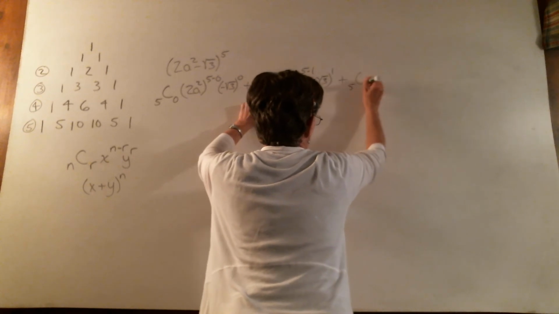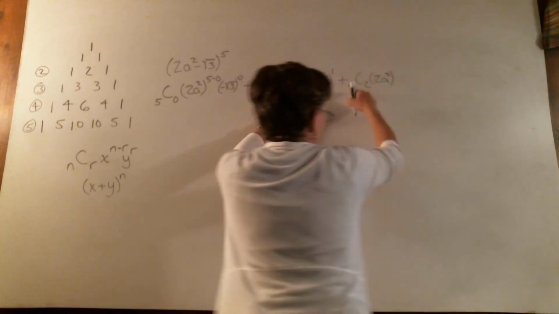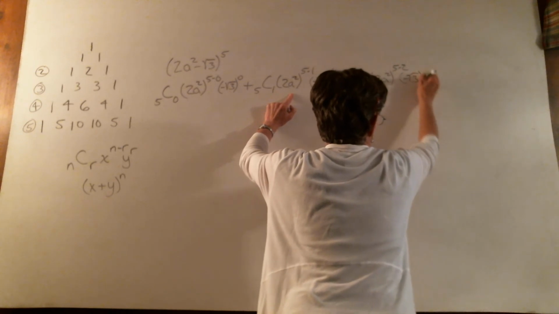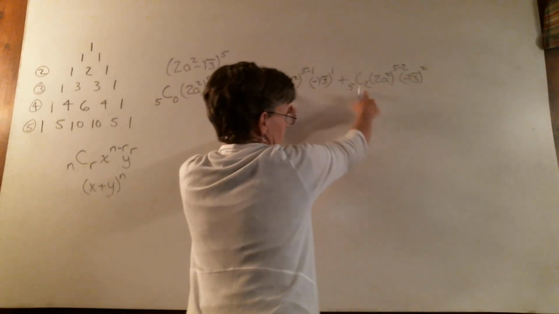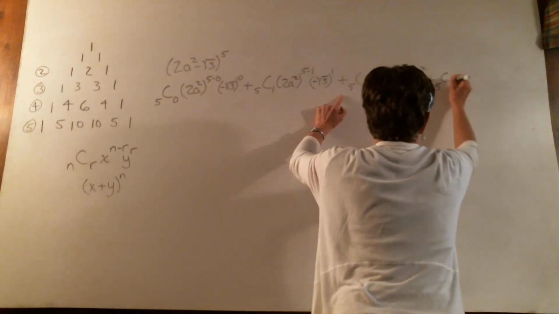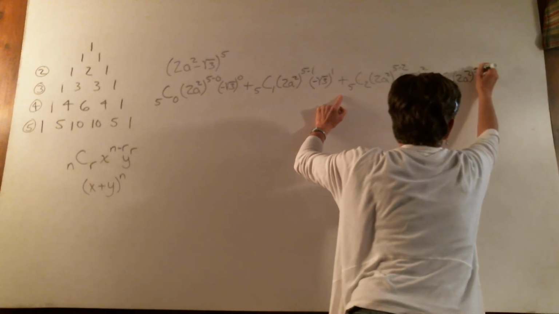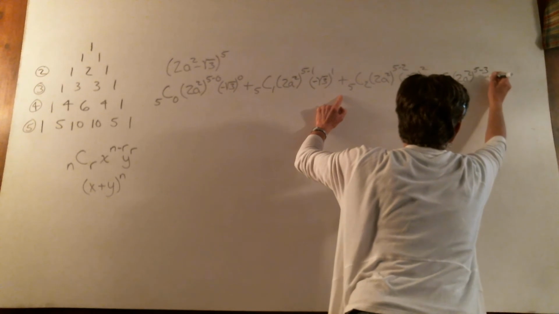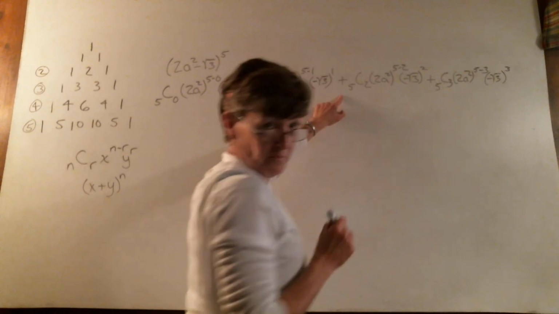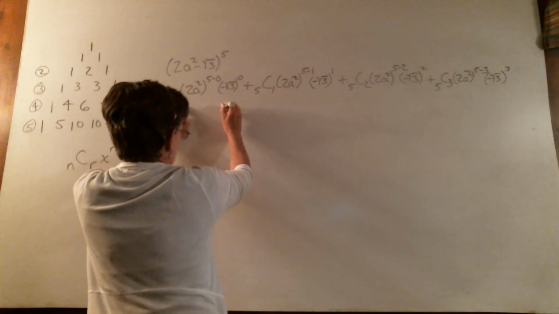And then my third term, 5C2. And then my x is 2a squared. 5 minus 2 would be its exponent. And then the negative square root of 3 has an exponent of 2. Okay. And then my next term is 5C3, 2a squared to the 5 minus, sorry, 5 minus 3, and then negative square root of 3 to the third power. And then, we're kind of out of room down there, so plus